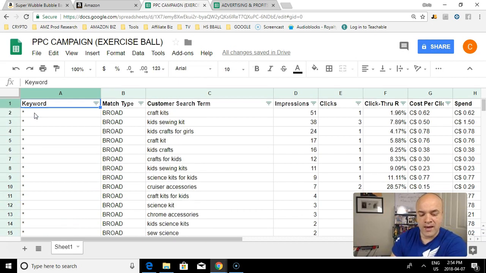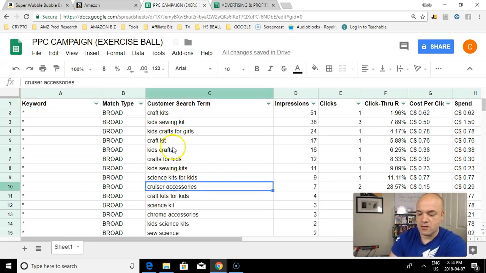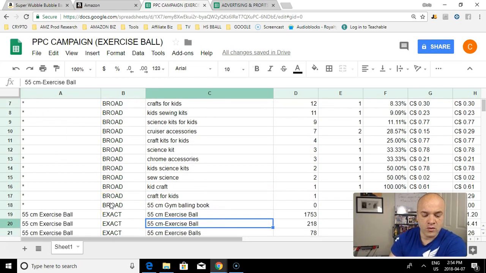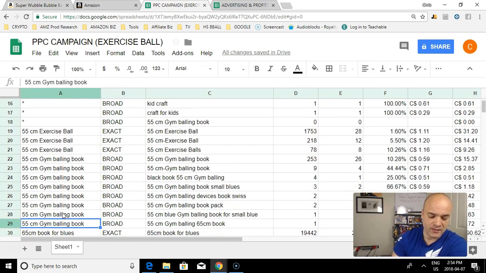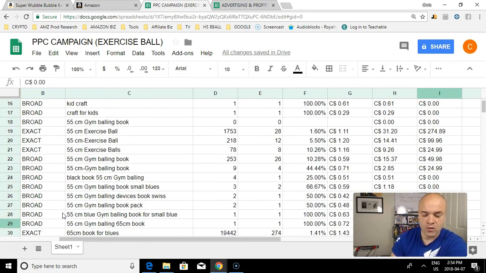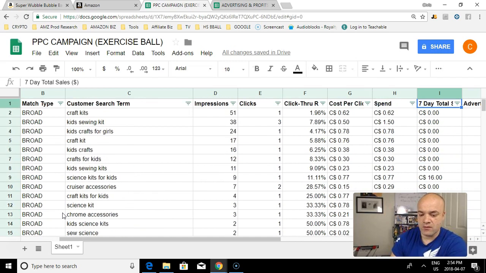So these are all automatic campaigns that I've run for some of my arbitrage product, craft kits, license plate accessories, all of that type of stuff. So that's the results from my automatic campaign. And then when it goes down to the actual words in that title, that's an actual manual campaign that I've put in a target for. So the next thing I want to do is